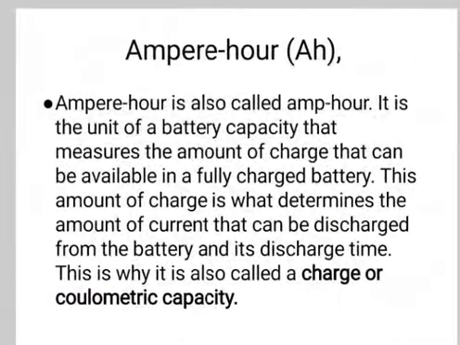So, the units of battery capacity. First is ampere hour. The energy stored in the battery is called the battery capacity, and it is measured in watt hour, kilowatt hour, or ampere hour. The most common measure of battery capacity is ampere hour, defined as the number of hours for which a battery can provide a current equal to the discharge rate at the nominal voltage of the battery. The unit ampere hour is commonly used when working with battery systems, as the battery voltage will vary throughout the charging or discharging cycle.